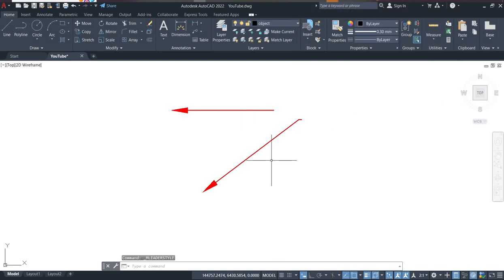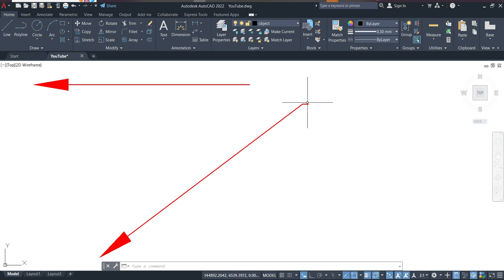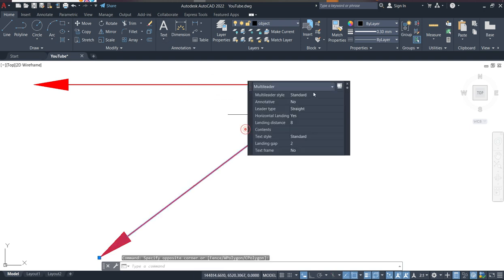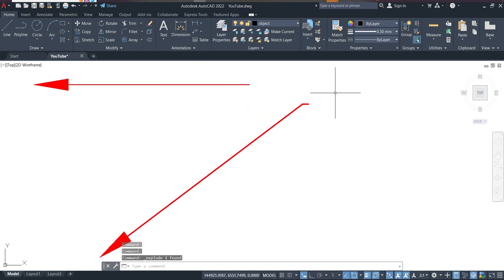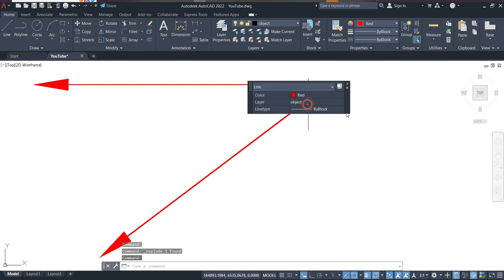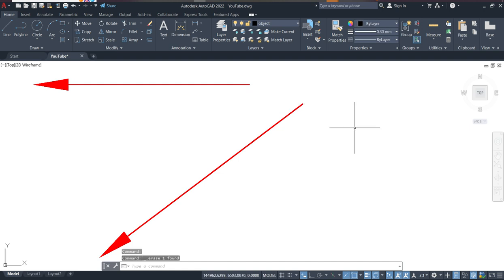So our multi-leader changes the color. But now if you need an inclined arrow and you don't need this part, simply select it. There are two ways of doing that. The first one is select it and explode. So once you explode, click on this one and delete. So you have